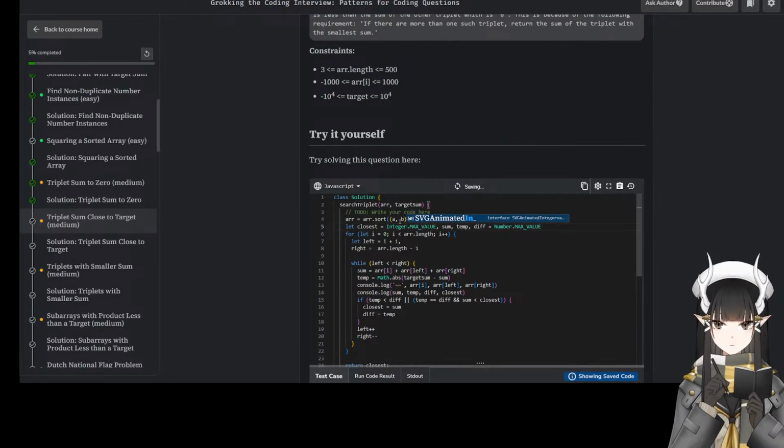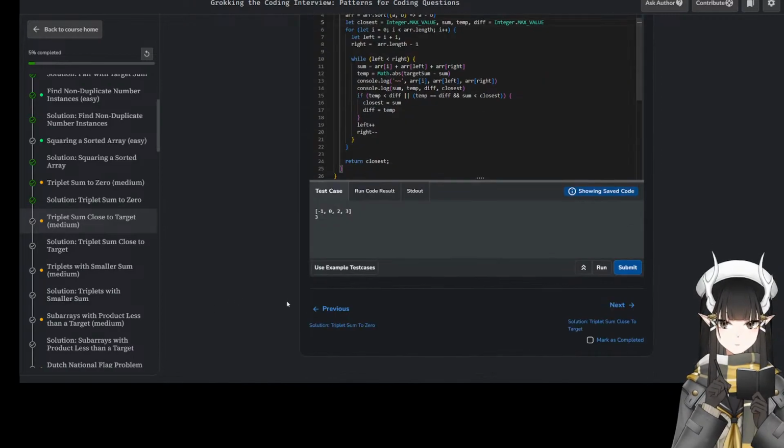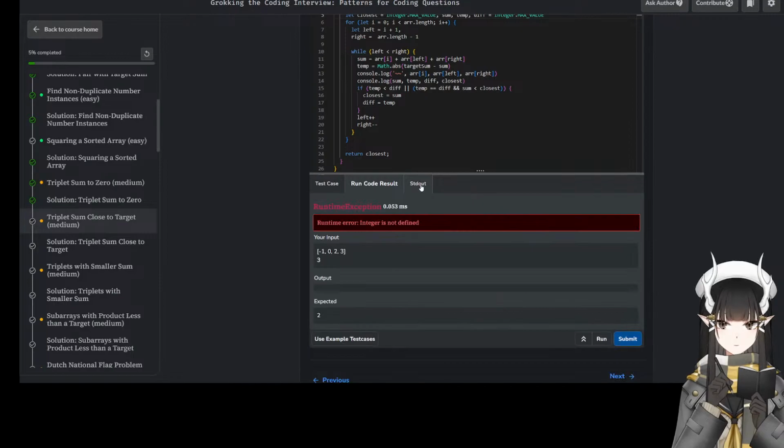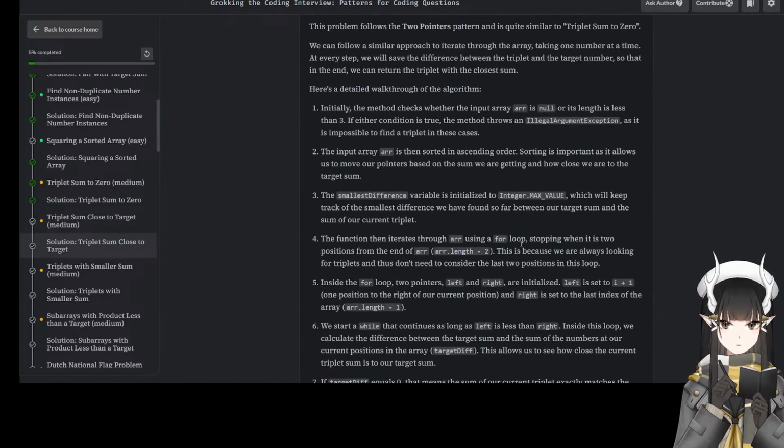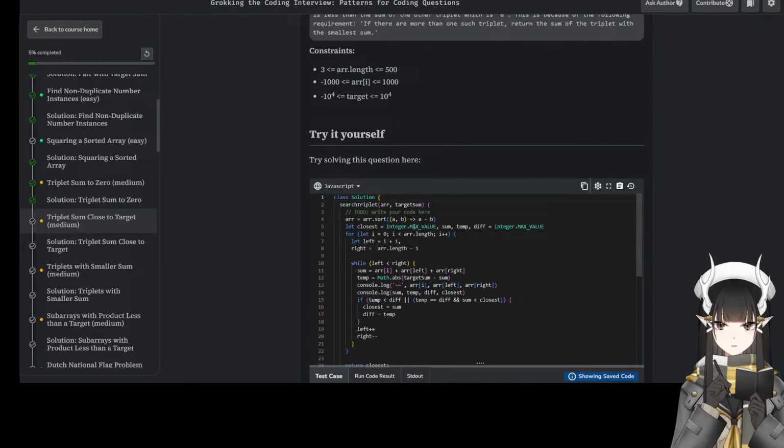Number dot max value. Run this. Integer is not defined. Yeah, it's lying to me. It's not Integer, it's Num.